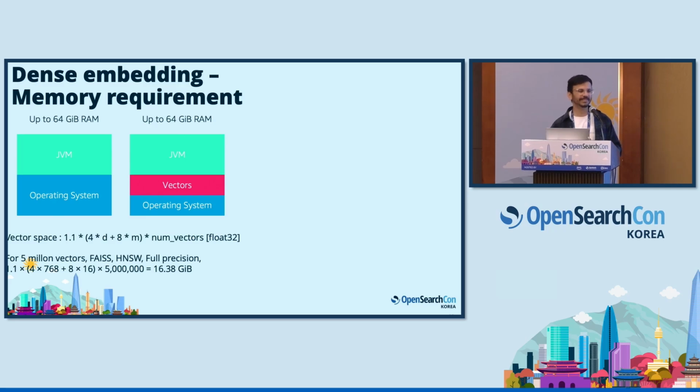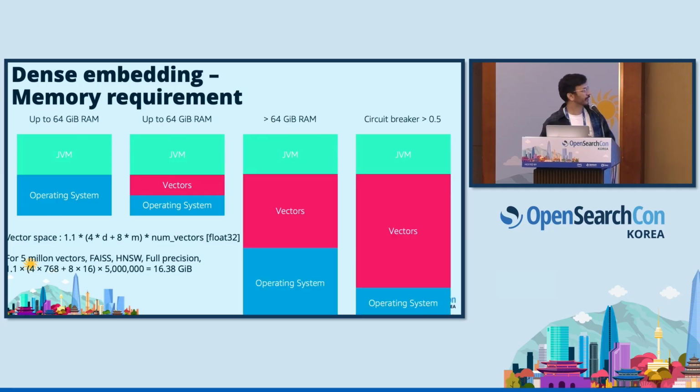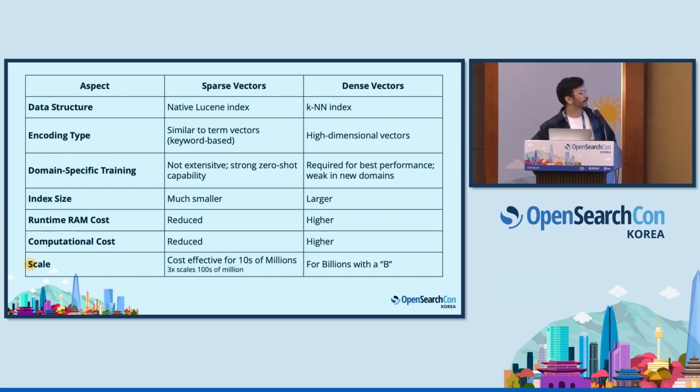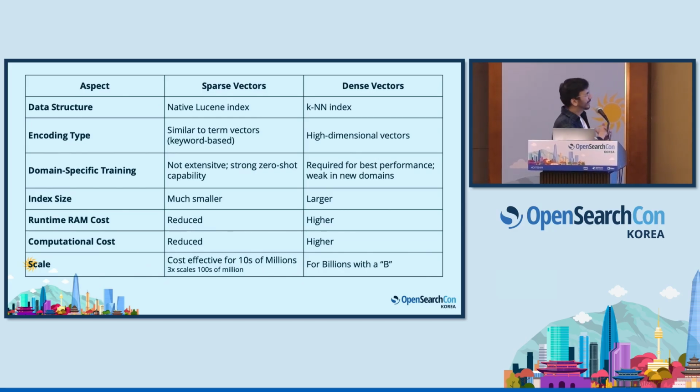So what this means is you will run into cost problems sooner or later as you have more and more vectors. If you're doing 10 million vectors, for example, or 50 billion, or 10 billion, things get expensive real fast. And for this, you have to have a vertically sized node, which once again is a cost thing. So why are sparse vectors known as budget friendly? Because the data structure that we just saw